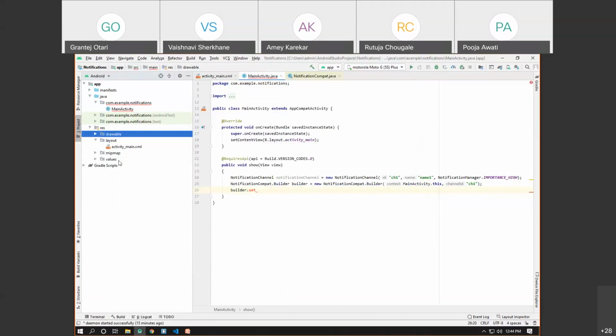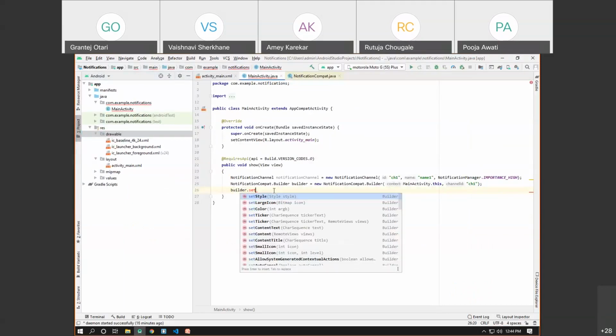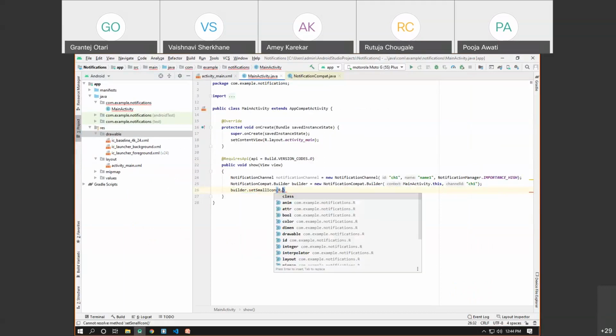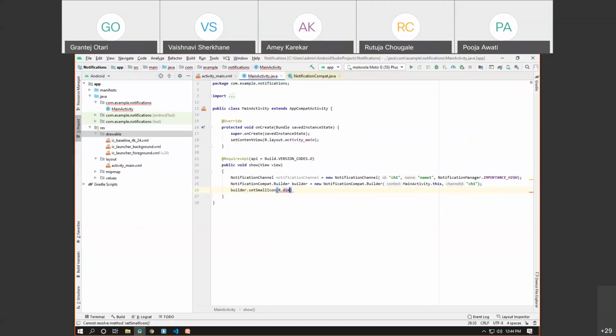So let's wait, it's adding the icon here. Okay, so it has added the icon. Now I can set this particular icon. So I can just set small icon R.drawable.baseline 4K.